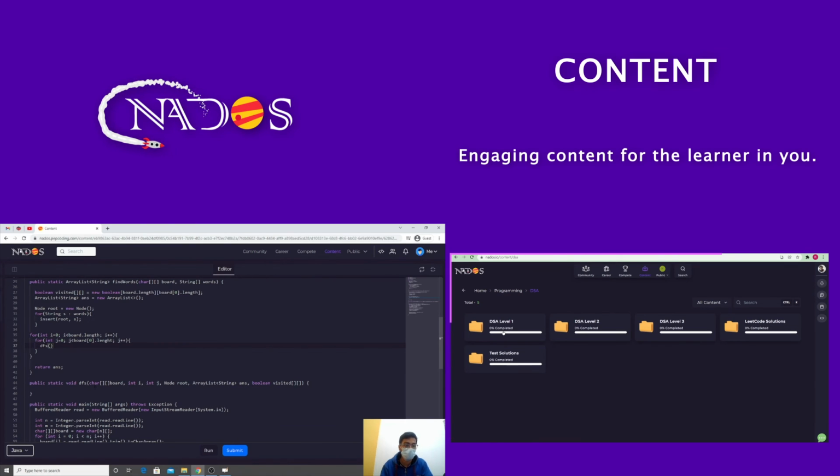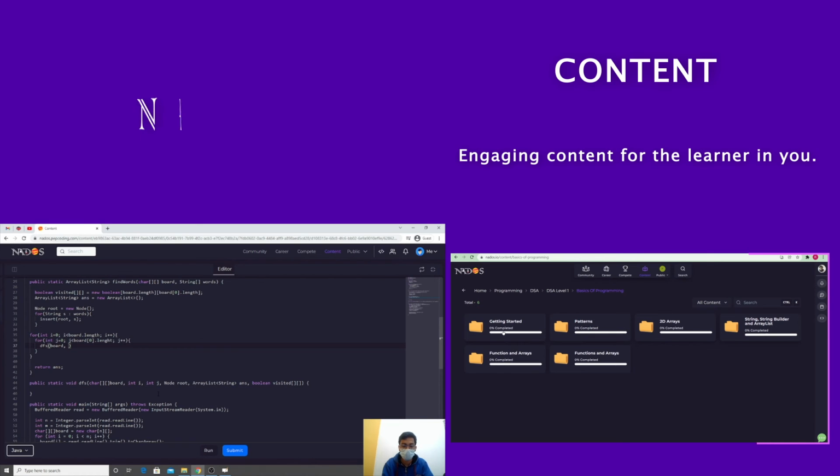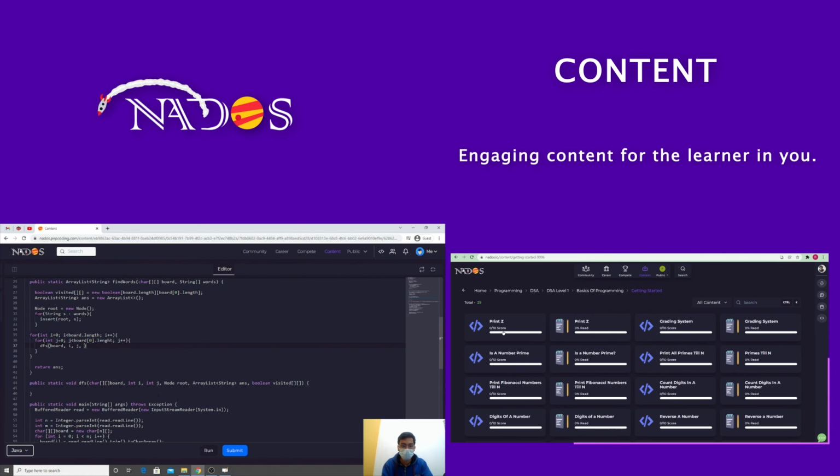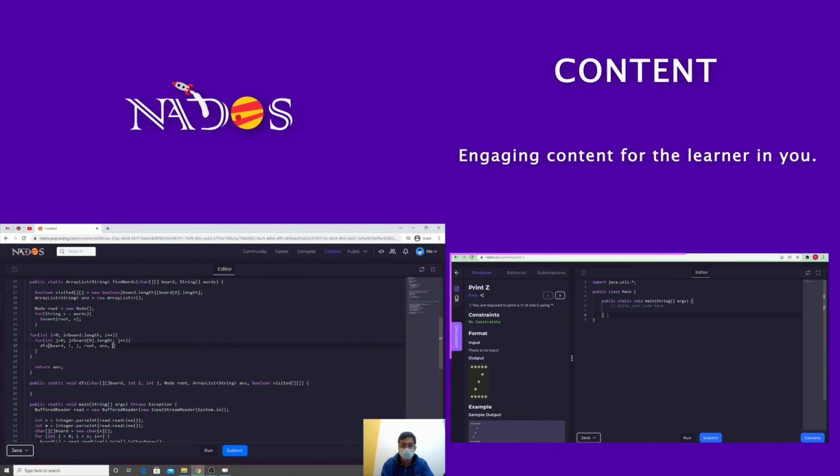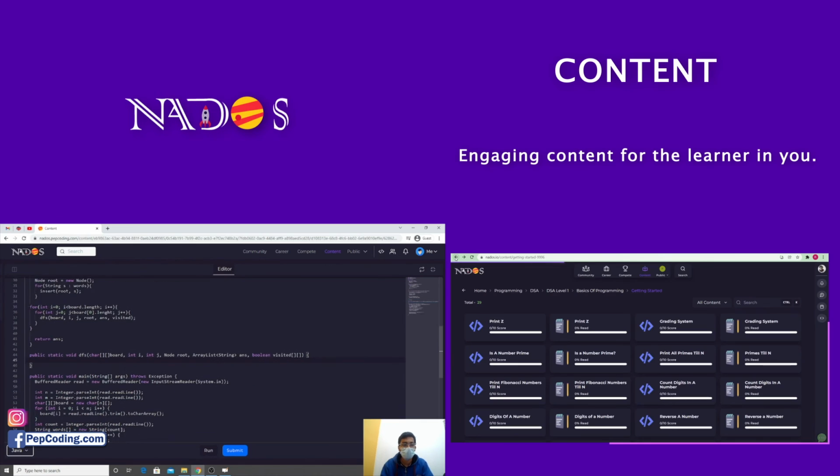DFS with what? It is going to take board, then i, j, node root, then it is going to take answer, and a visited boolean array, right? And from here we have to return our answer. So after coming to this